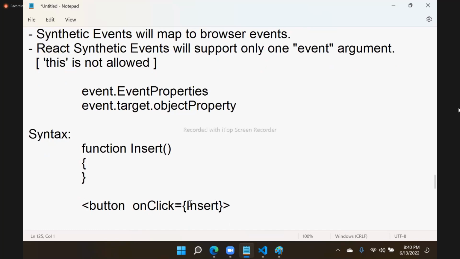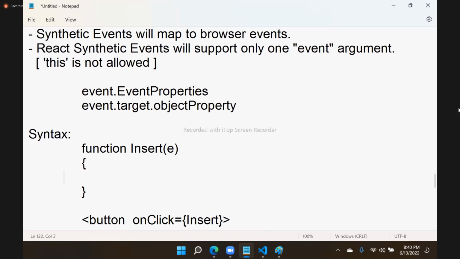This makes sense because this is a function pointer. That means you will not use any parenthesis here. Right? You have to just point towards the function. You need the name of the function. And here you can send the event arguments. Here you can access